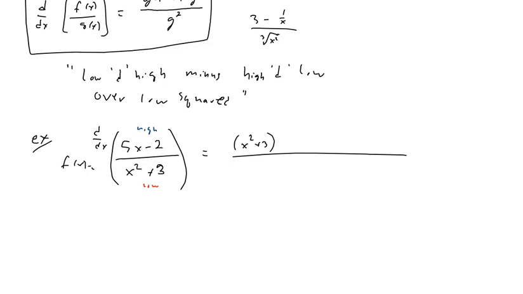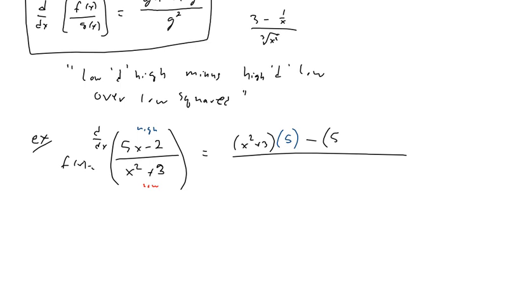Derivative of 5x. What's my derivative of 5x? Derivative of 5x is just 5. Low d high, minus the high equation, I leave it alone, 5x minus 2,